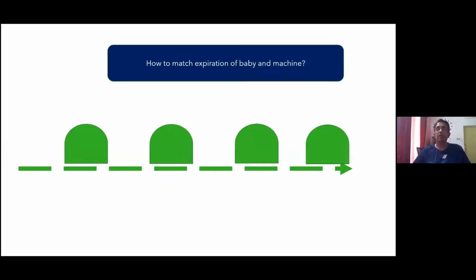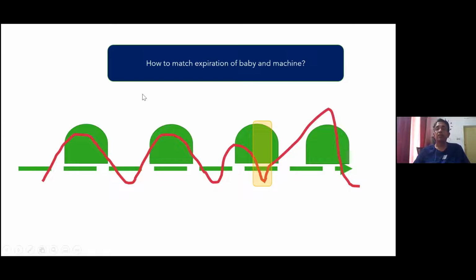Now, if you are not having secretions and if you are not having humidification, then you will actually manage to synchronize and start the patient breath every time that the baby wants to breathe, and there will be no fighting at the beginning. But how do we match the expiration? You can see in the picture that I showed you in the beginning that the part where we had fighting was when the baby started expiring, but the ventilator didn't know that the baby wants to breathe out. The ventilator still kept giving the gases in. So do we have a method for the ventilator to understand that the baby is trying to breathe out?